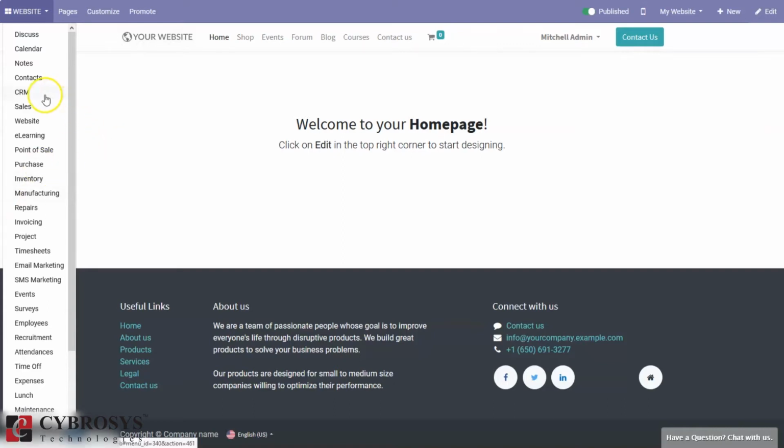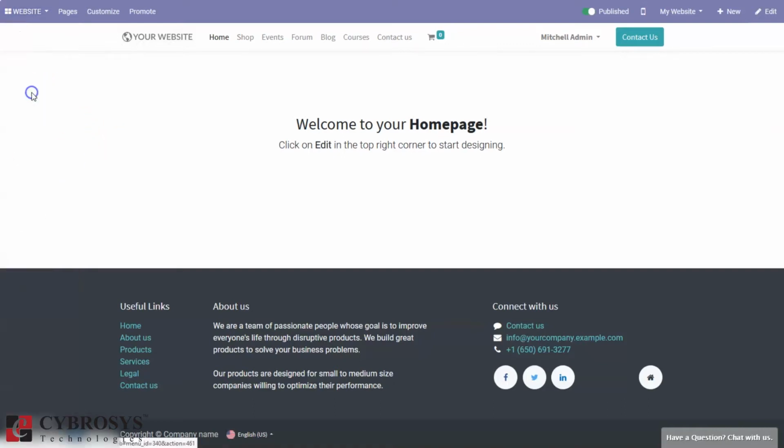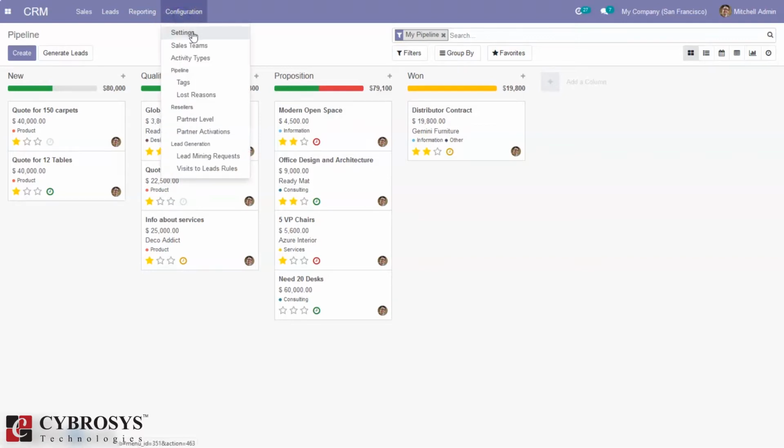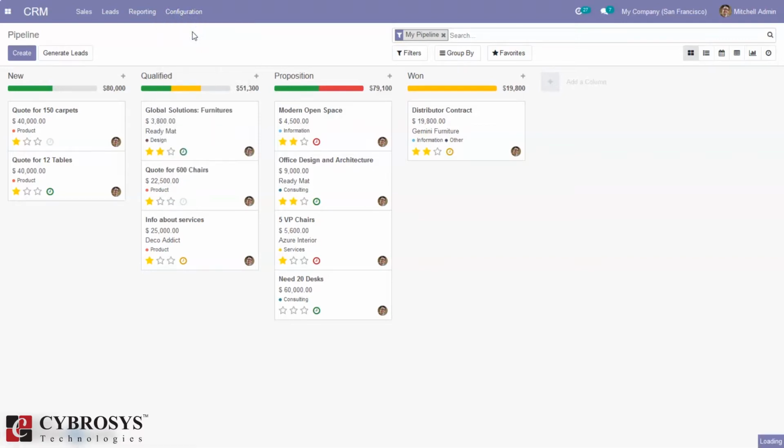For that, just open the customer relationship management module. You can see this is our community database. When you open this module, you can see different opportunities created. After generating leads, we can convert them to opportunities, or we can directly create opportunities. In order to generate leads, first of all, go to configuration settings, and there we can find